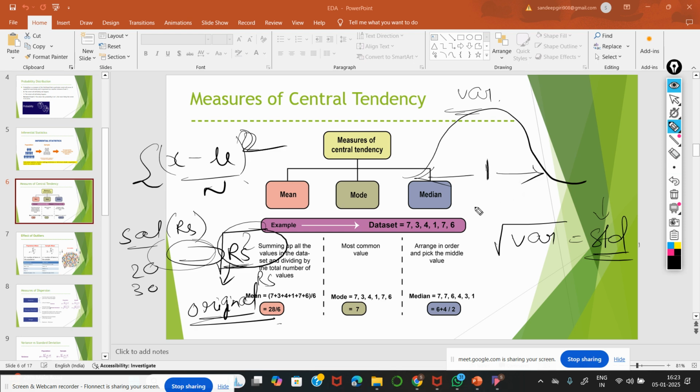Variance is not much used by itself. Okay, you got some variance, that's fine. Just analyze whether the variance is zero or non-zero. If it is near to zero, then we have to remove that particular thing. Why? Because